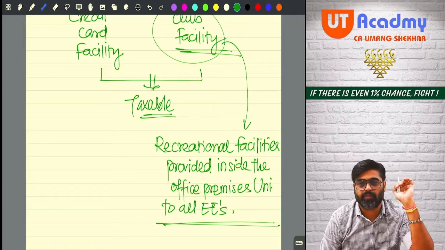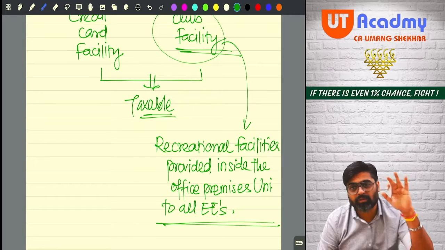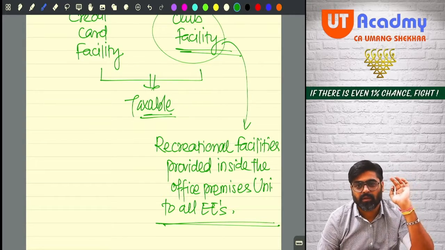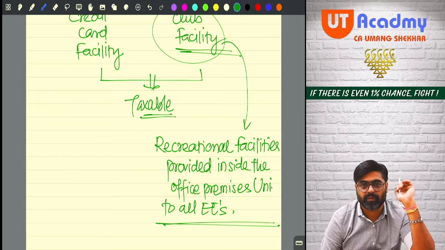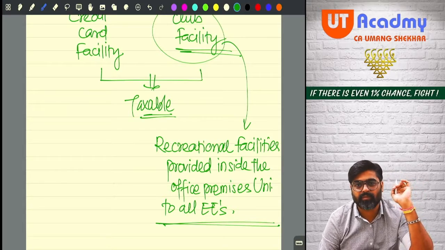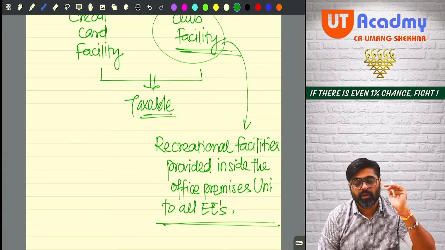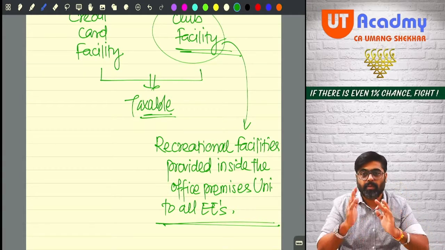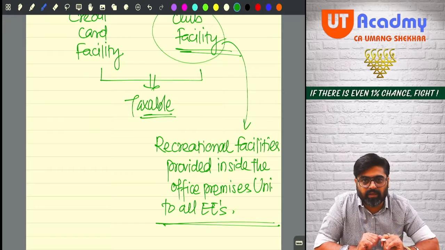Your work will be affected, and ultimately the business of the employer will be affected. Getting my point, everyone? So in this particular scenario, whenever your employer provides you these kinds of recreational facilities in the office,